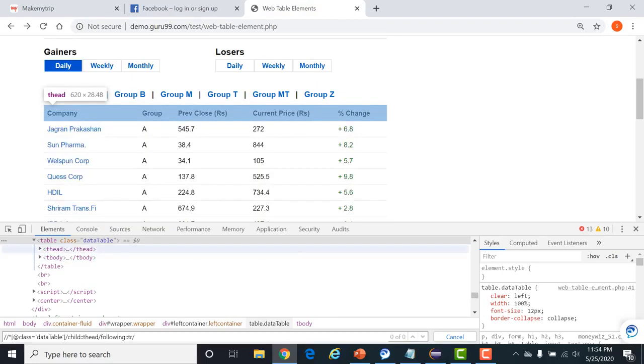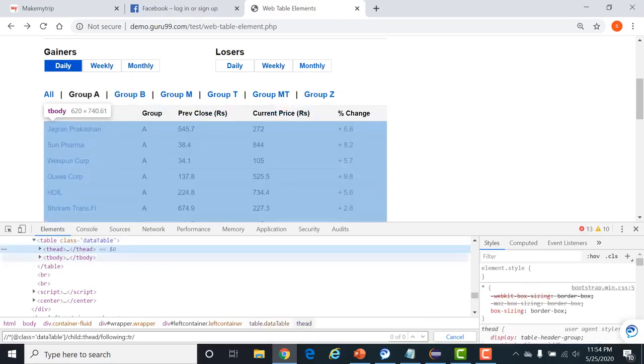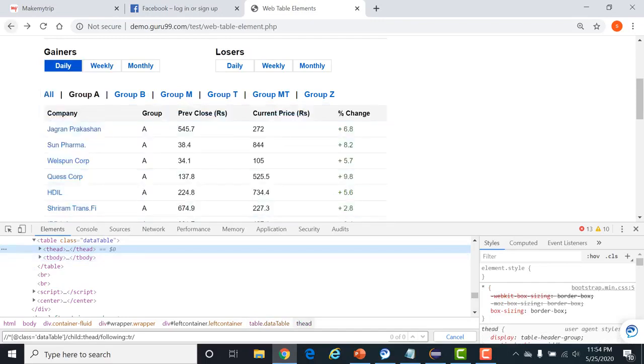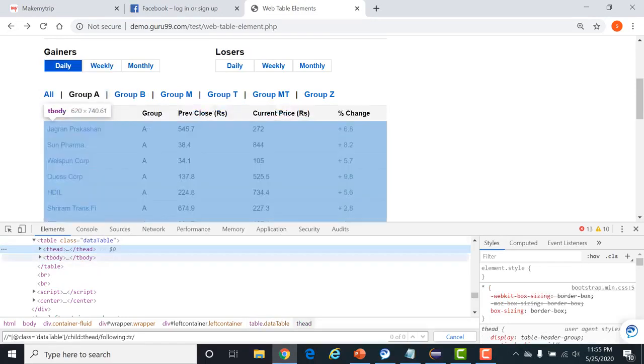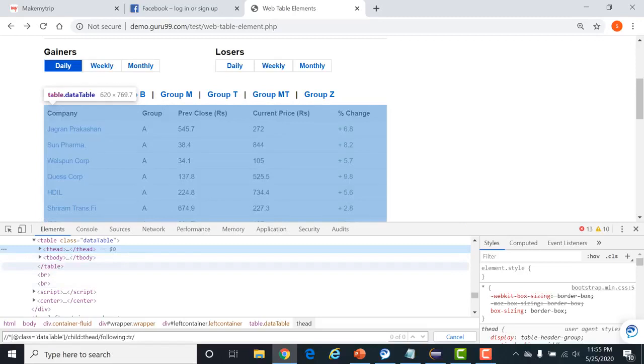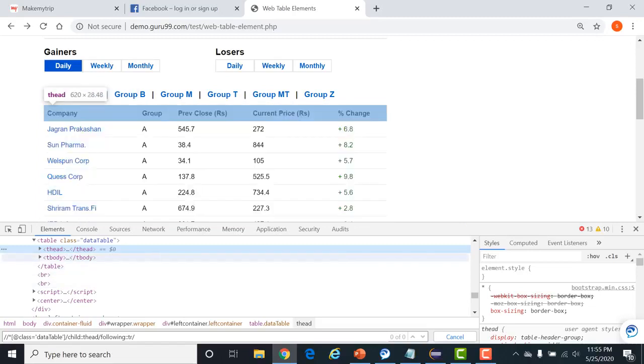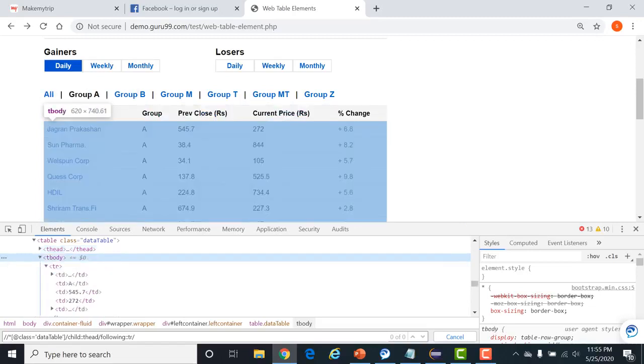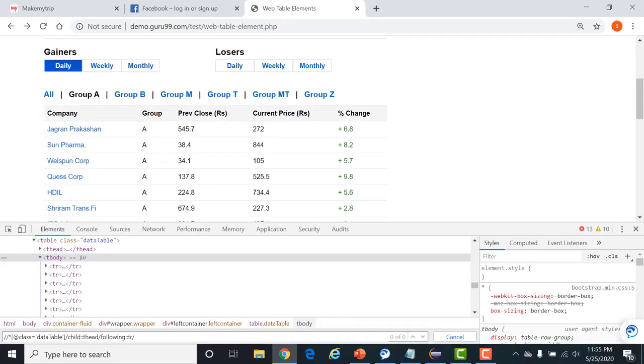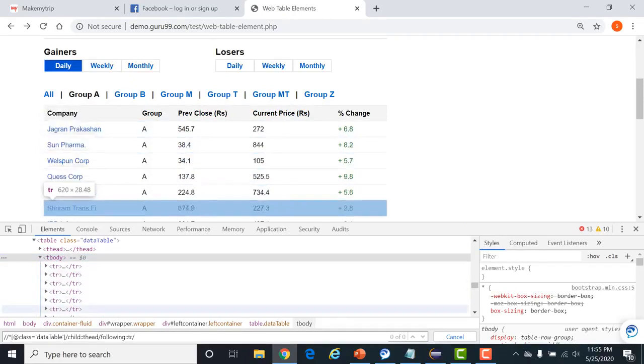We say these both nodes are sibling to each other, right? Because they are sharing the same parent, thead and tbody. Now, for such kind of situations where you have to deal with siblings, means I am on thead, or simply, I am on this first row, I want to identify all the siblings.